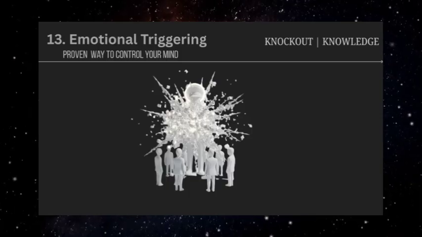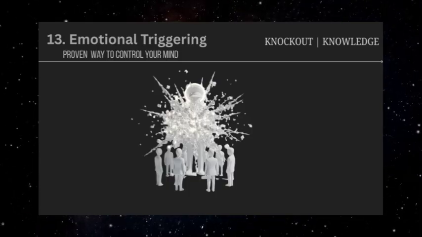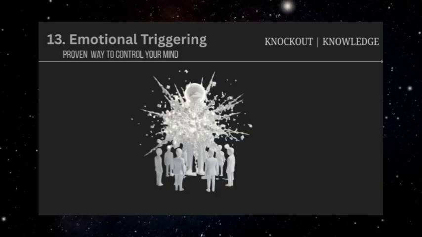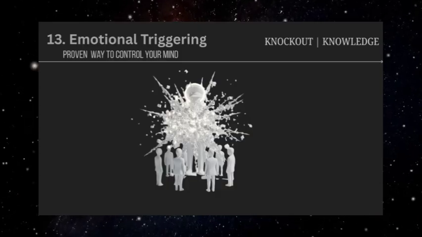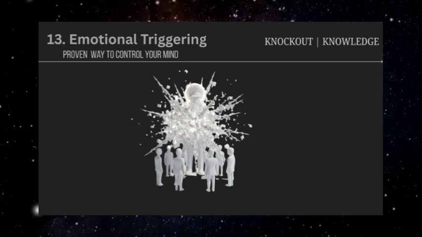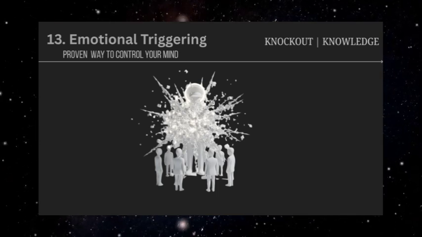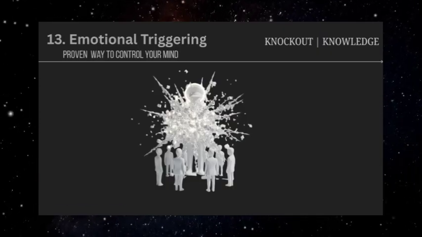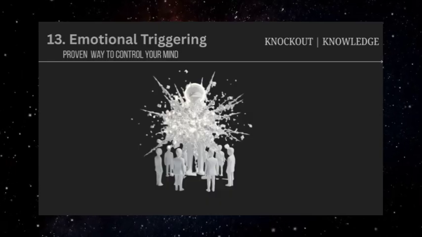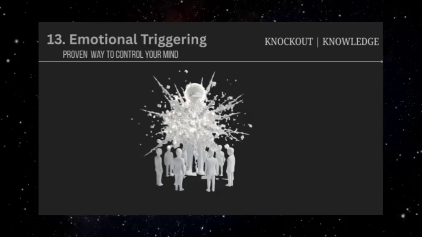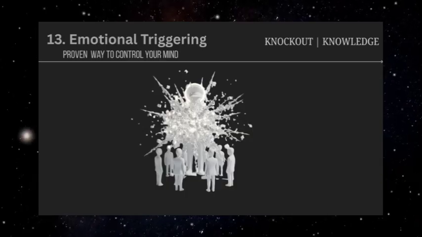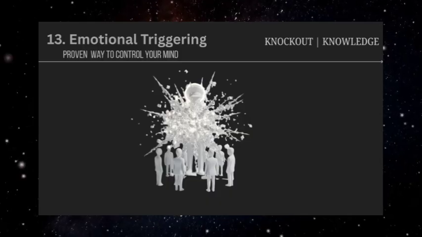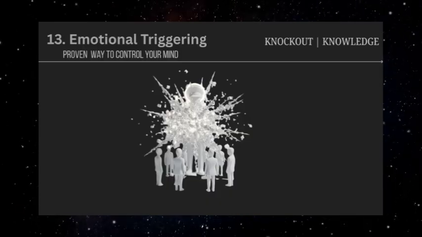Manipulators exploit this by strategically choosing language that triggers these emotional states when they want to influence behavior or thinking. The technique works because emotions and rational thought operate through different brain systems, and intense emotions can effectively override logical analysis. When your emotional brain is highly activated, your analytical brain takes a backseat. In this state, you're more likely to accept suggestions, make impulsive decisions, or agree to requests that you would normally reject after careful consideration.